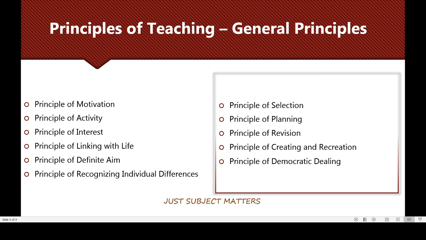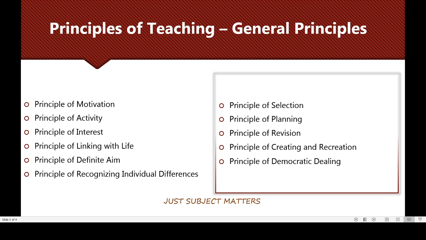So we come across the principles of teaching. There are two general principles of teaching. The first is there are two types, closely related maxims, that is the general and the psychological. So for principles of teaching, general principles, obviously it is mandatory for teaching to have these principles, like the principle of motivation. So it creates curiosity among students to learn new things.